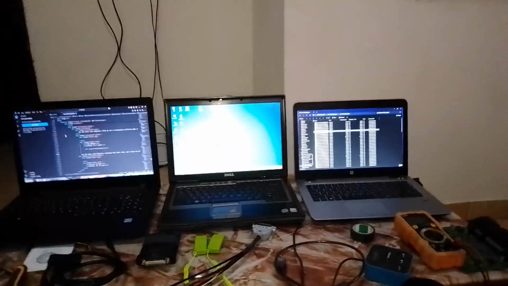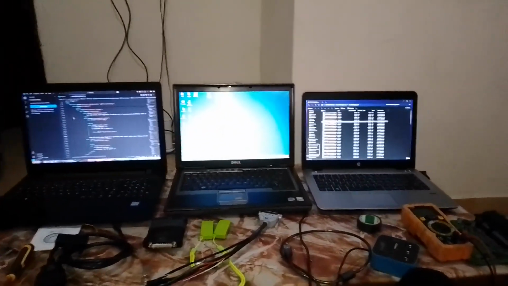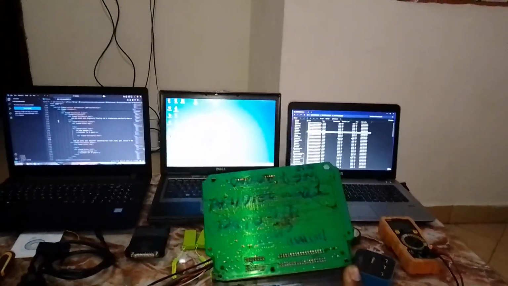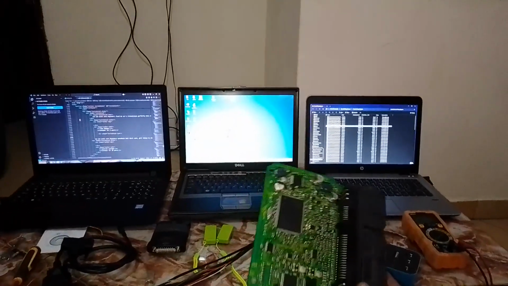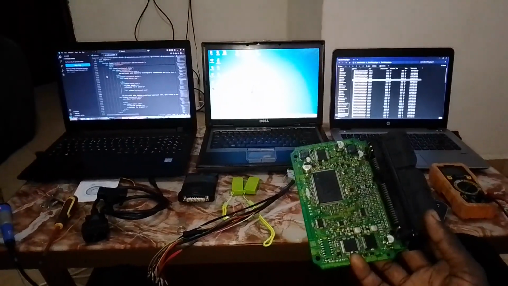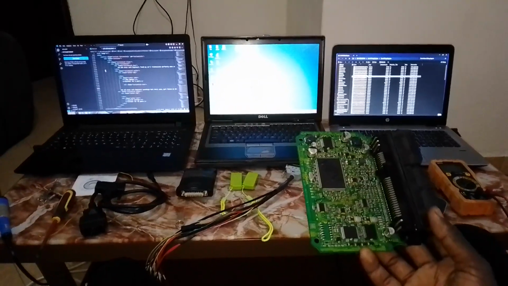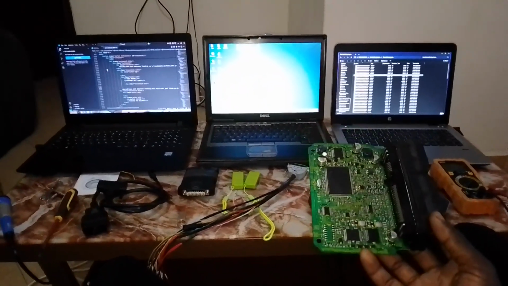So today, allow me to take you through something here. I've got an ECU here. This one is for a Nissan. I want us to go through the procedure on how we can do the IMO off, DPF off, and all those things. So stay with me